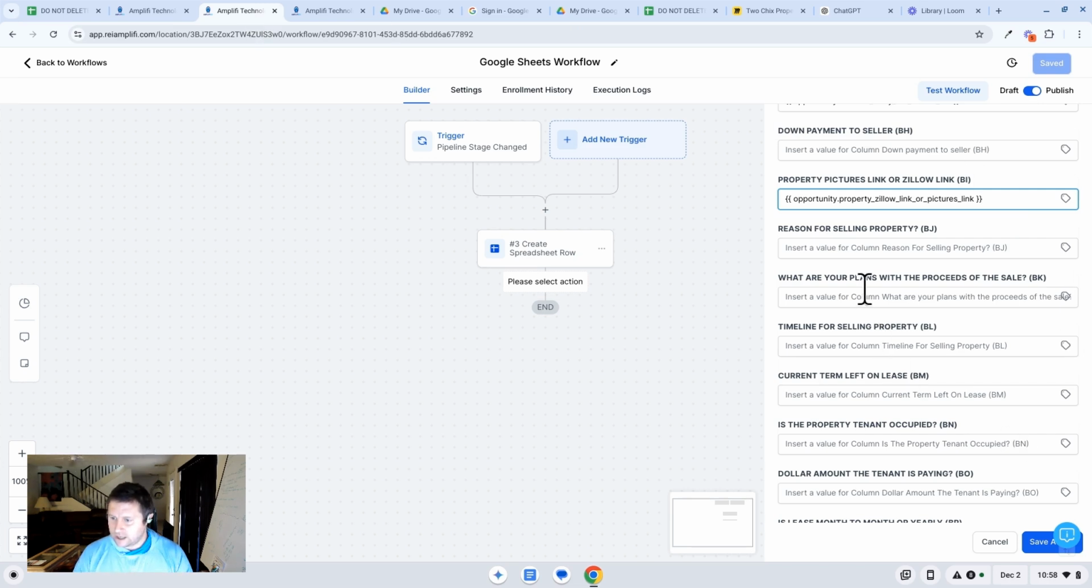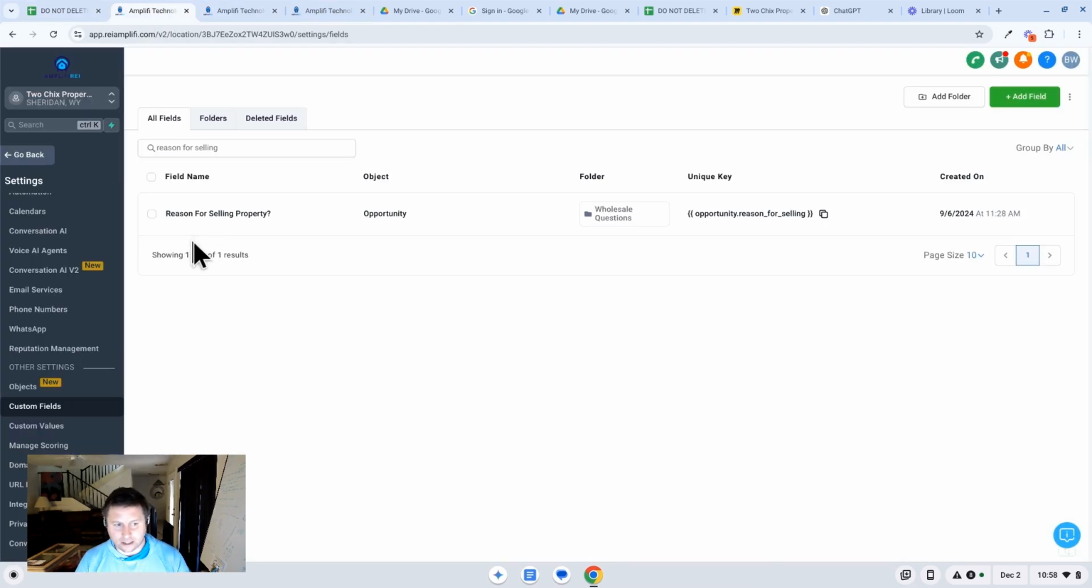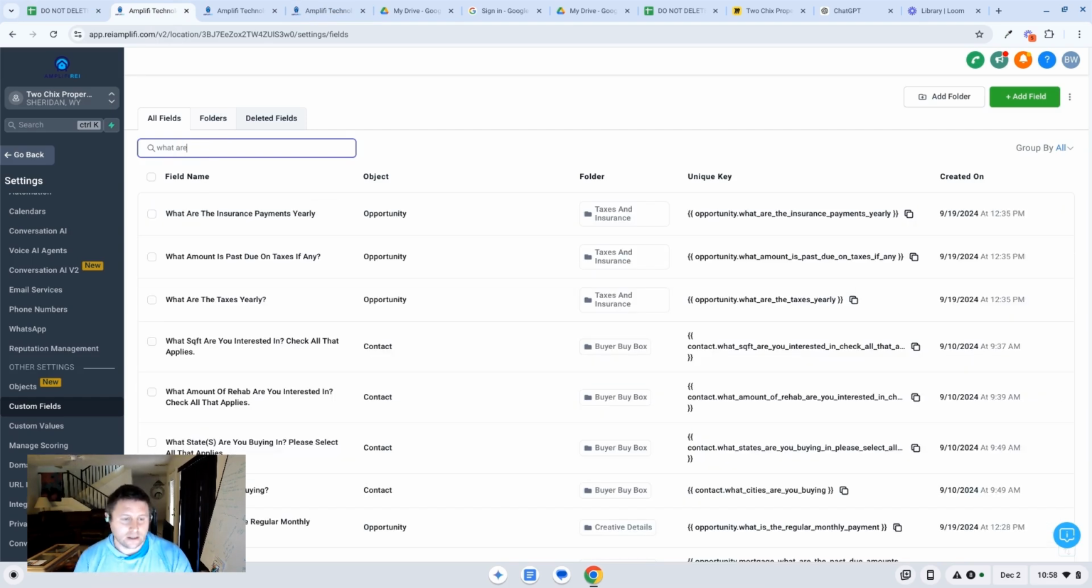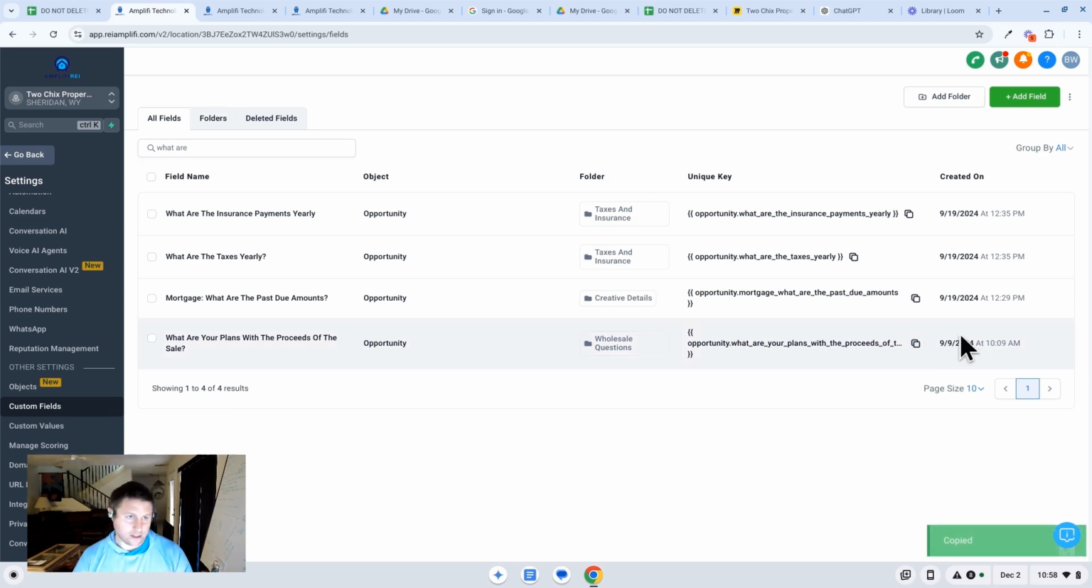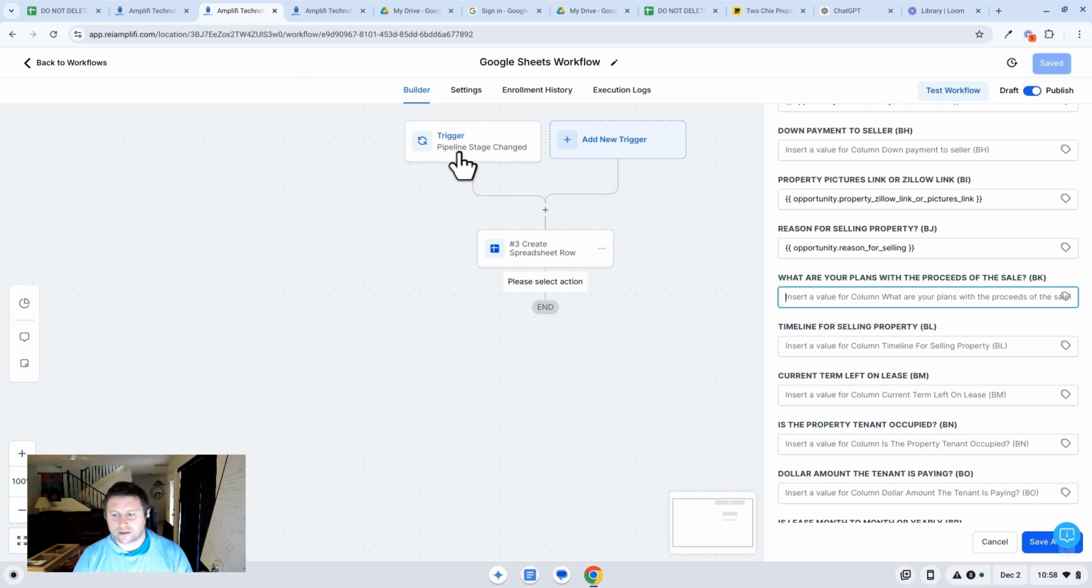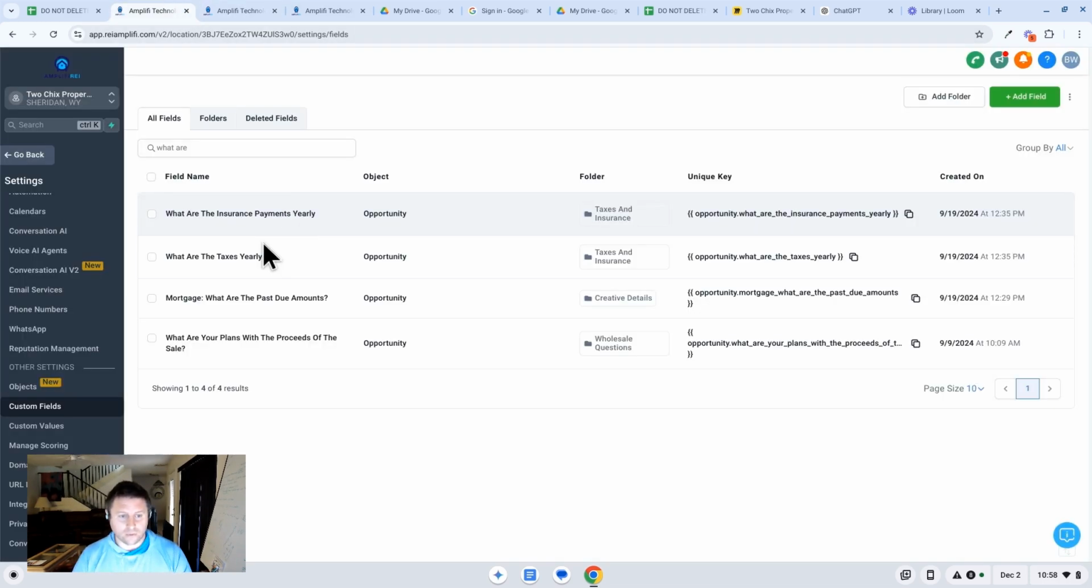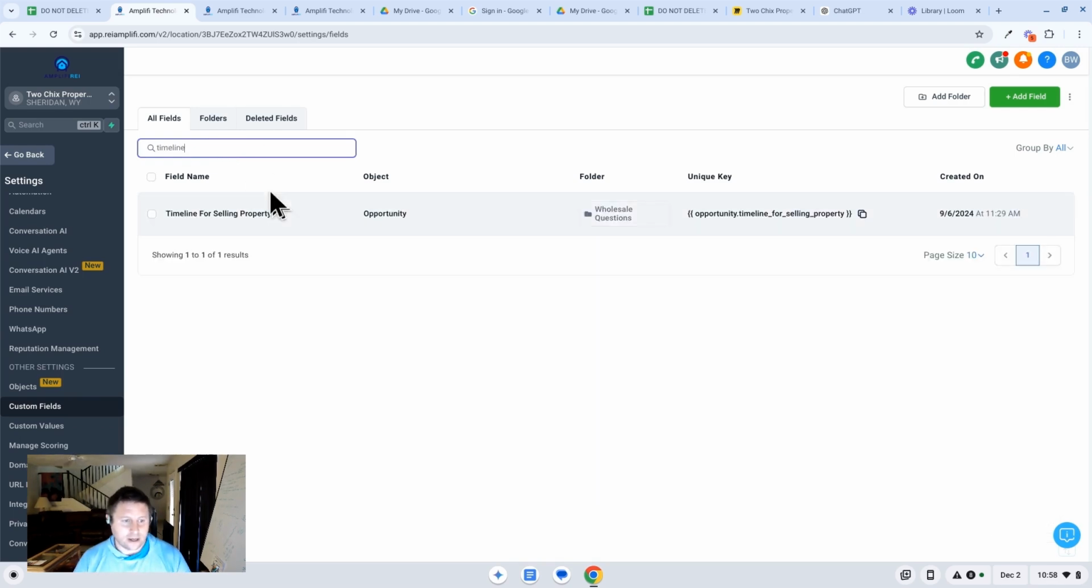So if you have gotten this far, we are creating custom fields, custom folders. What are your plans so that they can be input once into the opportunity? And then we can automate that information getting pushed to the spreadsheet. And it is a lot of work, but we do it once and then we're good. Timeline,